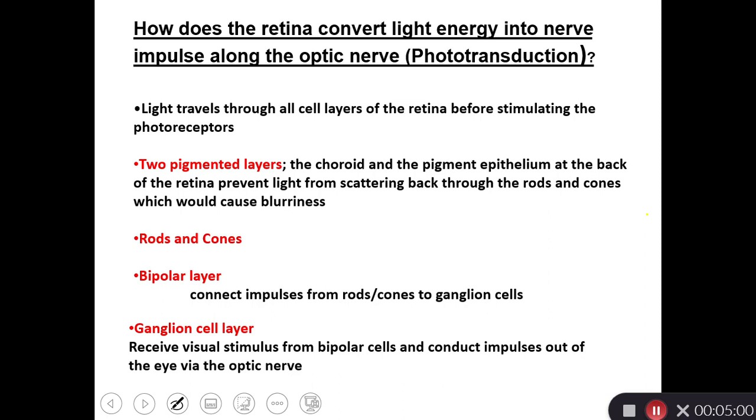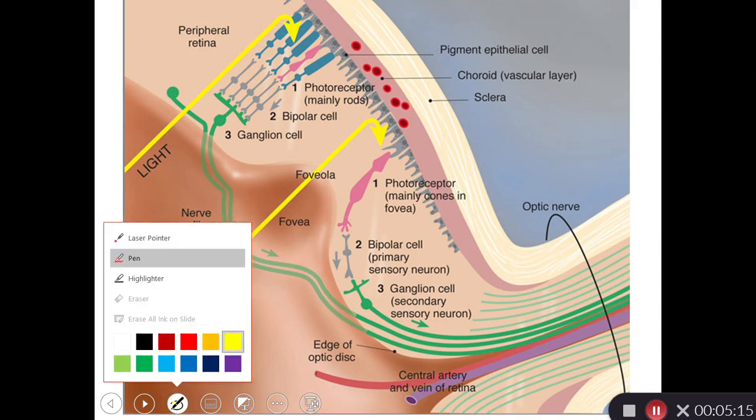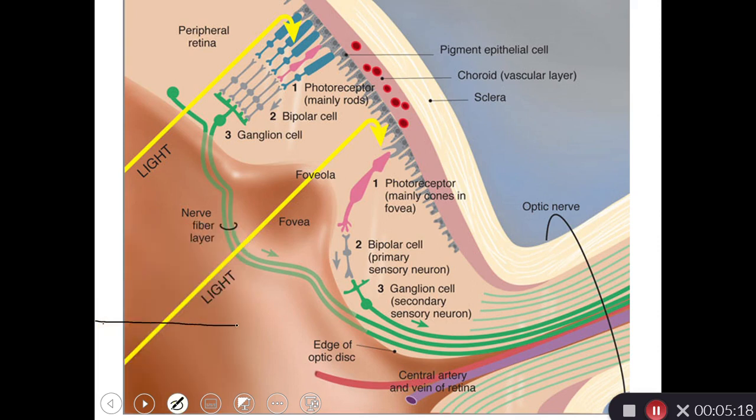How does the retina convert the light into nerve impulse? So the light travels through the eye layers to go to the retina. Then it goes first at the very back of the retina. So it goes this way through the cavity of the eye, and then it goes through all of these layers without stimulating them until it begins here at the pigment epithelial cells that clarify the light and absorb any extra light. Then the light goes to strike the rods or cones,